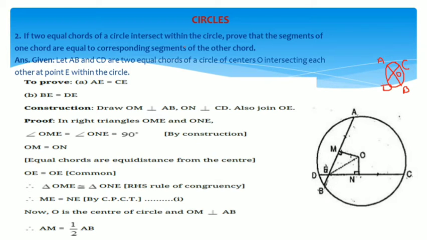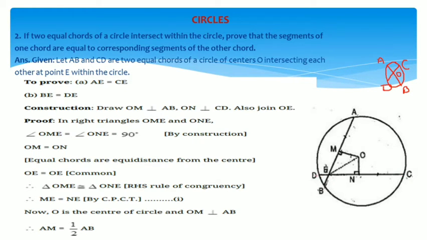So in this case we have taken this figure, now with a circle with center O. Suppose we have taken chords AB and CD, and we see that AB and CD are intersecting at this point, which is given the name E. Now what are the segments of AB? AE and EB. And what are the segments of CD? CE and ED.